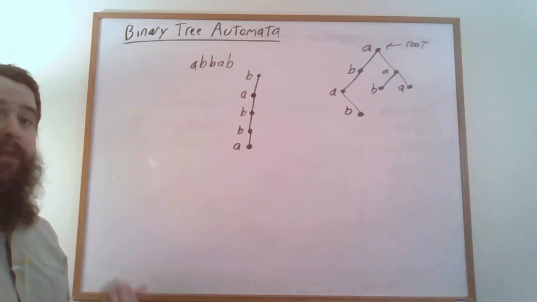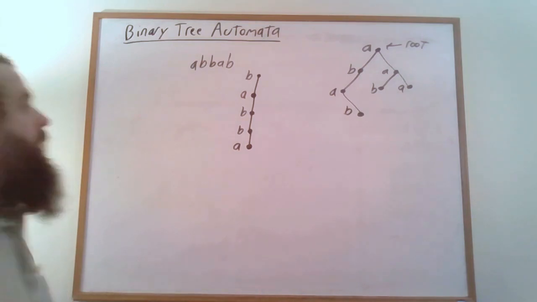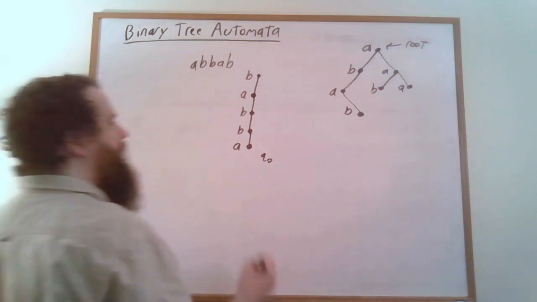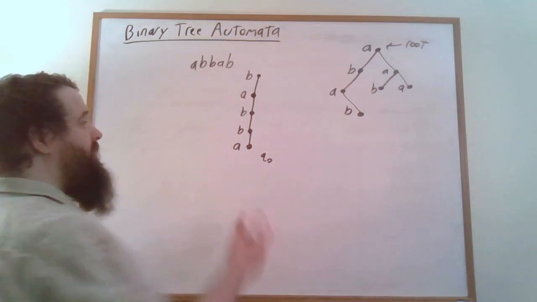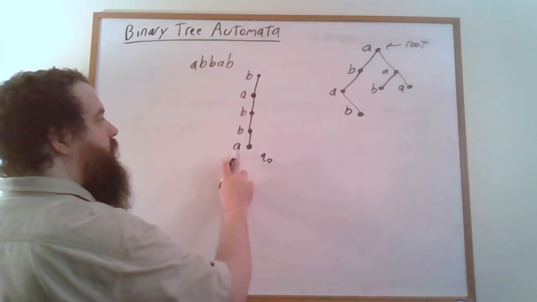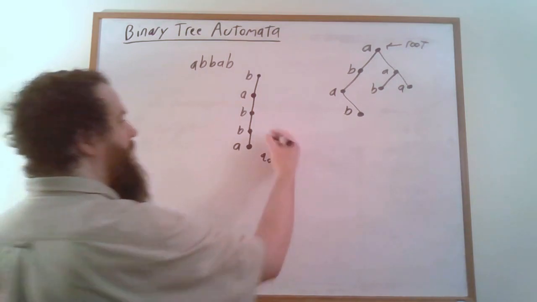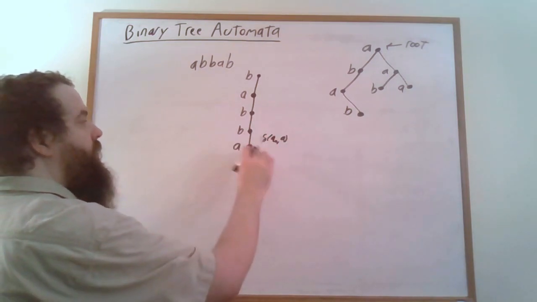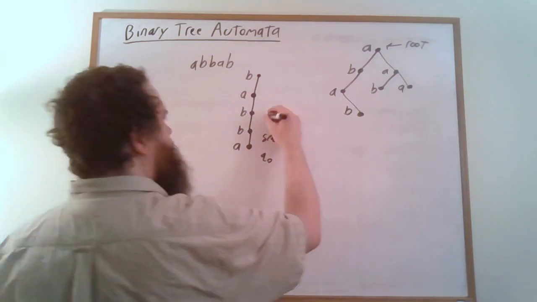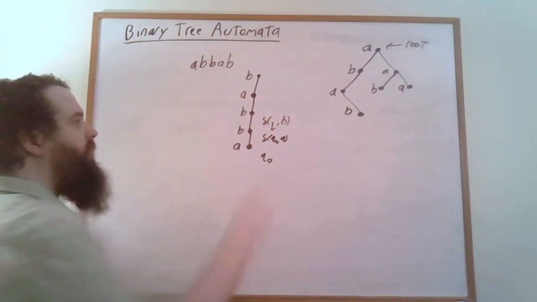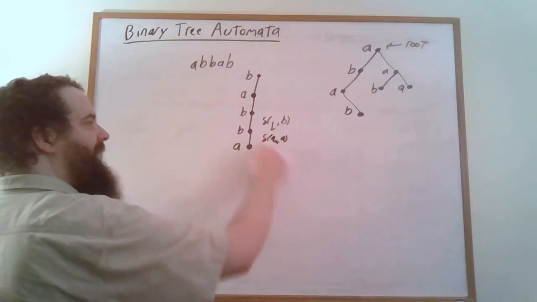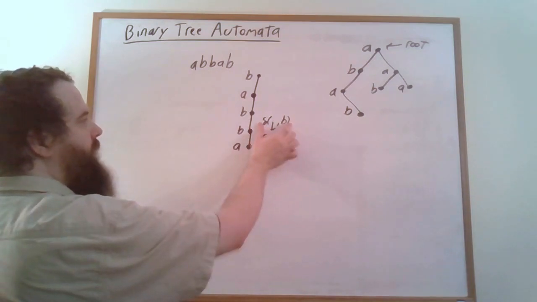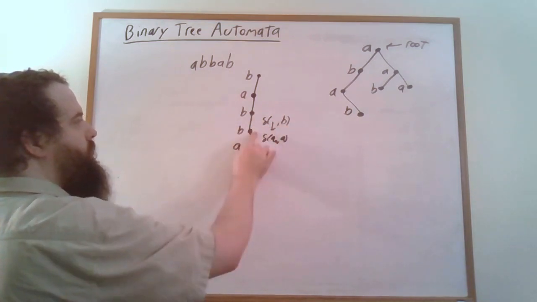And to run a deterministic finite state automaton through it, well, we want to start off in the start state, and then we want to apply our transition function for A to work out what the state is after reading the A. And then after that we read a B, which is going to apply the transition function for B. Here I'm using a down arrow to indicate that we're going to take this and plug it into the transition function here to work out what state we should be in here between these two B's.